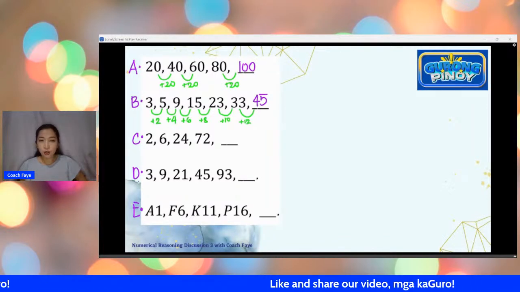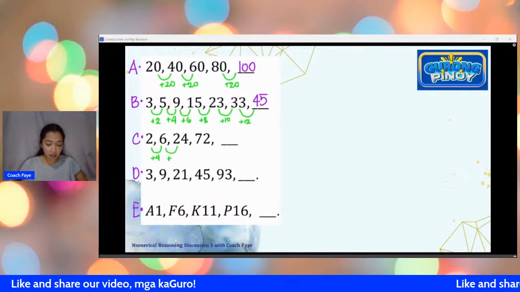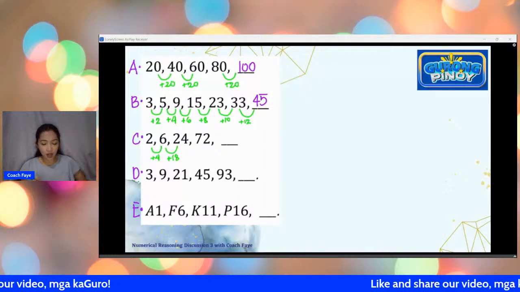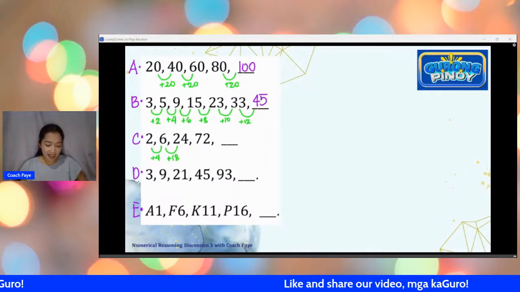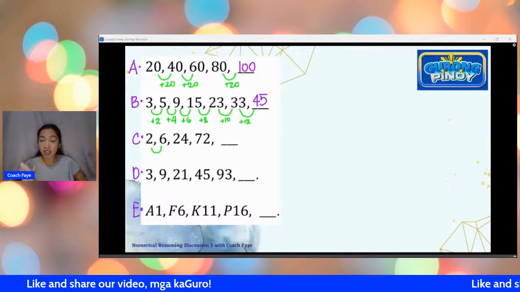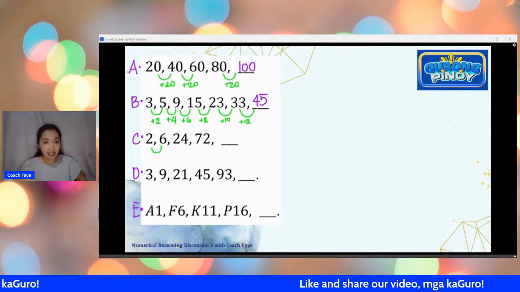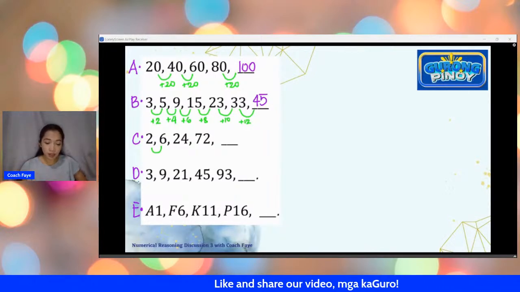So, if you try to do addition, what happens here is plus 4, tapos biglang nag-plus 18. Parang ang layo naman yata. Parang walang pattern. So, maybe hindi addition yung pattern. So, backtrack tayo. Sometimes, yung unang itatry po ninyo may not match what seems to be happening. It's okay. Take a second look and repeat. Do something else. Yun lang po yung kagandahan sa math.